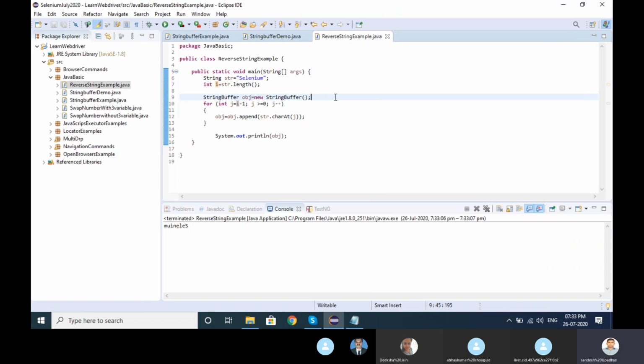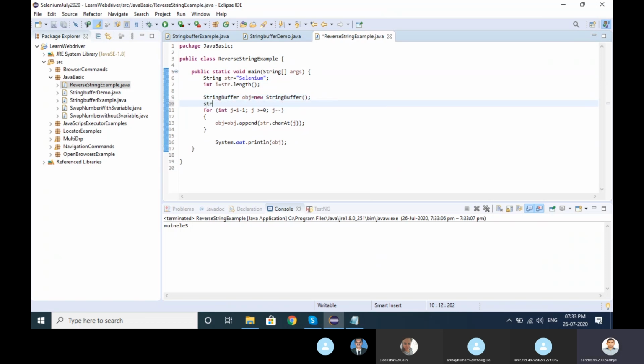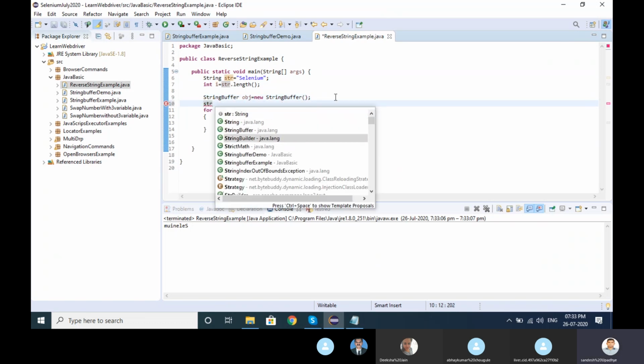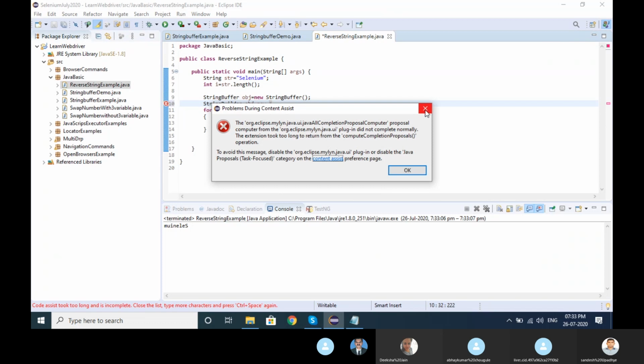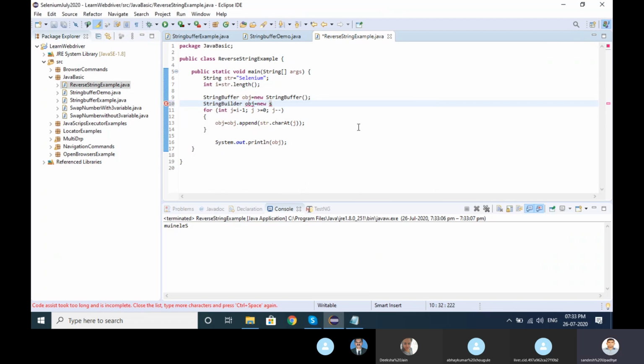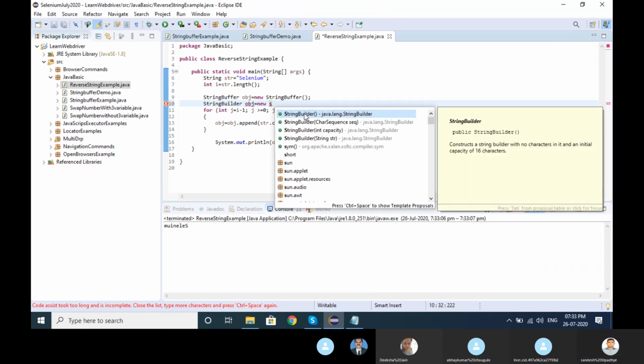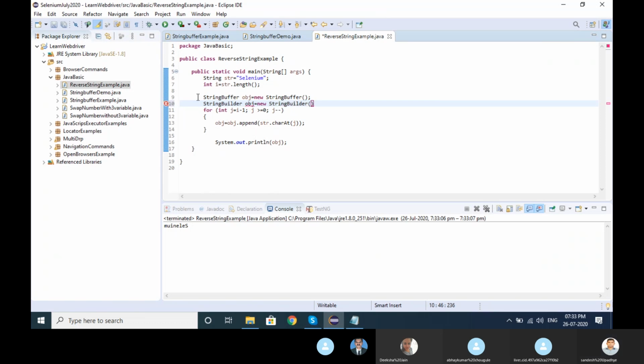Even if I copy this and use StringBuilder, both are the same; only execution-wise there is a difference. If I run this again, it should run.